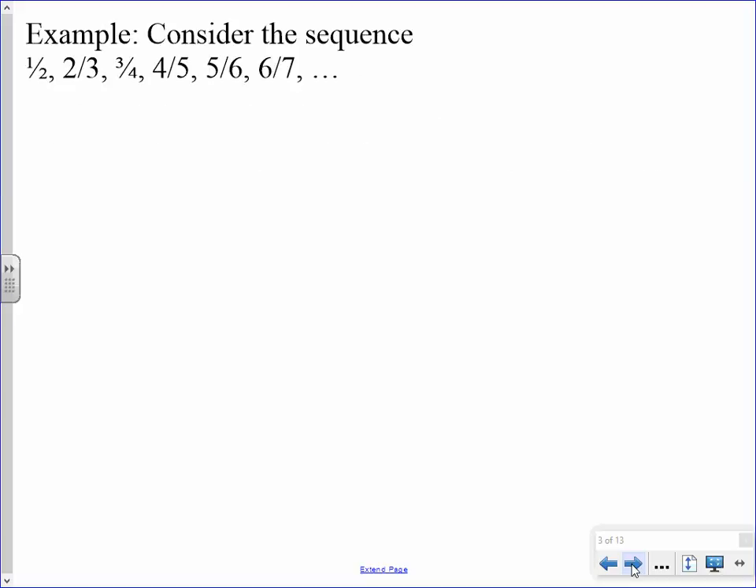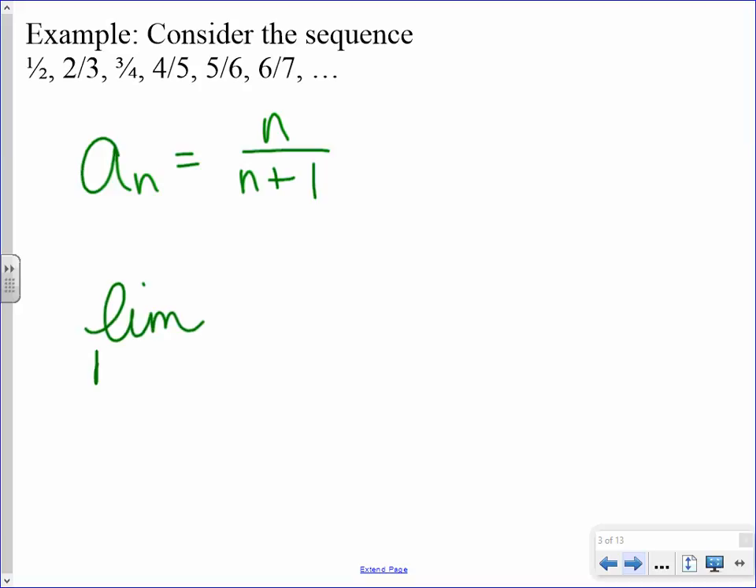All right. So this sequence: 1/2, 2/3, 3/4, 4/5, 5/6. Zach, how would we write that sequence? N divided by n plus 1. Does that make sense? Everyone else? N over n plus 1. So then what we can do is we take the limit as n approaches infinity of n over n plus 1, which is